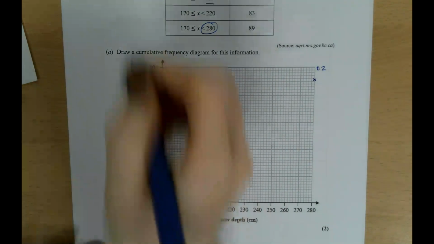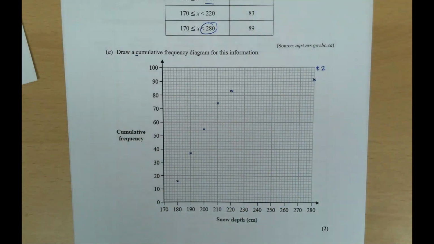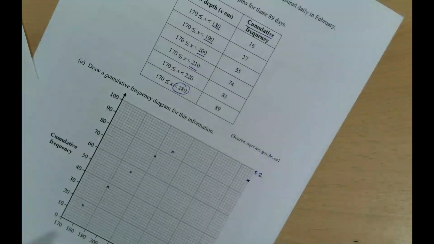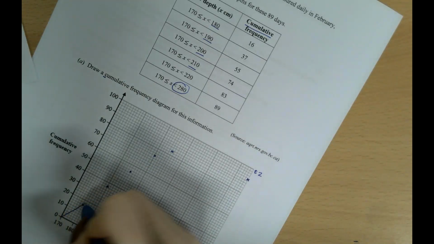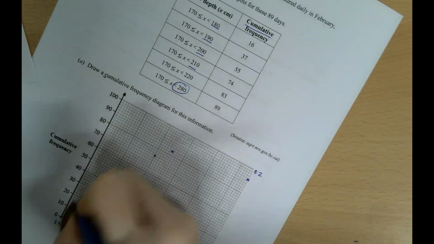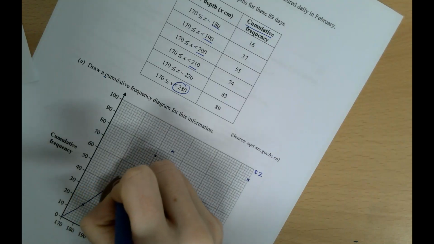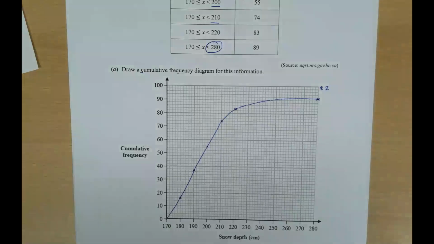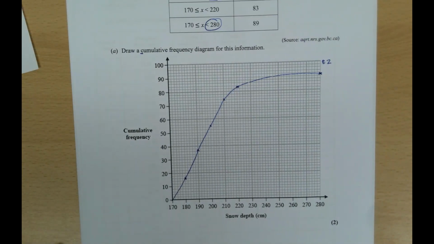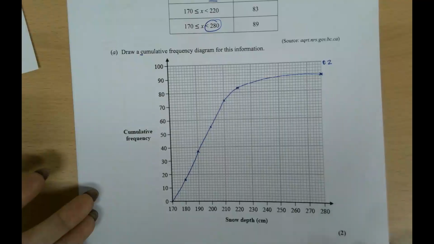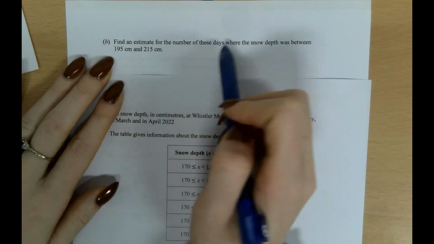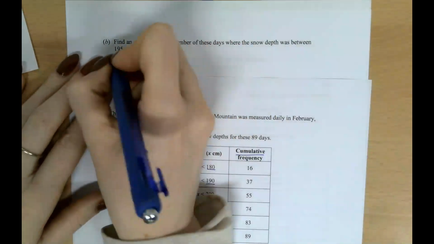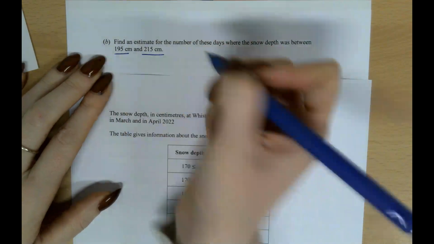And then cumulative frequency begins with a C. We are connecting that up with a curve, like so. Okay, so I've connected that up with my curve, and we're now going to use this graph for our next part. So it says, the next part of the question, find an estimate for the number of days where the snow depth was between 195 and